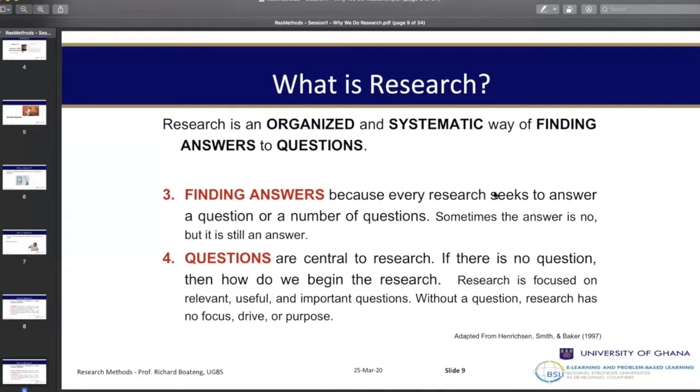I remember a time when an EMBA student told me in class that he is interested in studying why Ghana has not gone to space. Then I asked him, what discipline do you belong to? And he mentioned that he belongs to project management. And I was asking, so in University of Ghana Business School, do you even know whether any lecturer in here does anything about space studies? But there's nobody here who does any study on space studies. So how can you be asking questions about space?